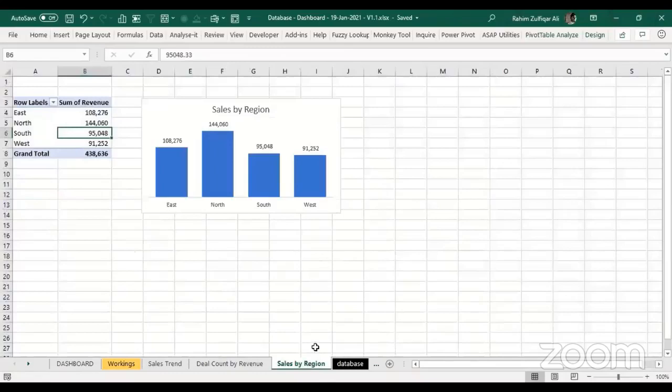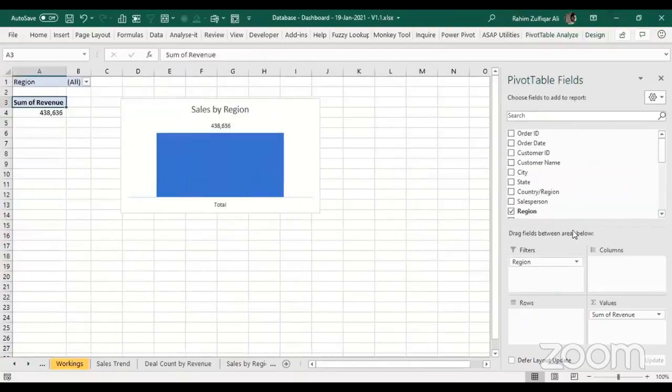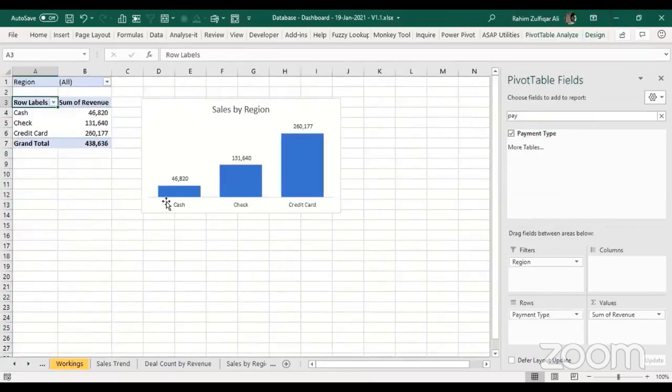All right, so let's create another visual. I will simply make a copy of this existing sheet and rename it as Payment Type. In this particular pivot table, we will be dragging the region into the filters, then payment types into the rows and sum of revenue, right? So we can see that cash